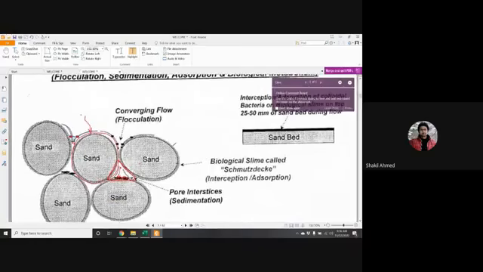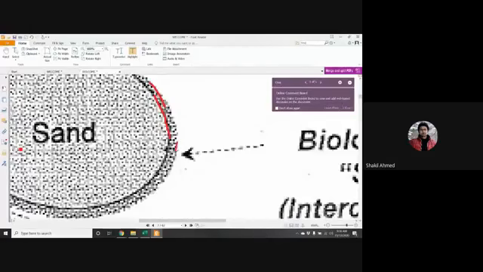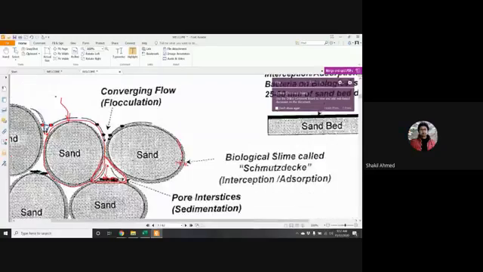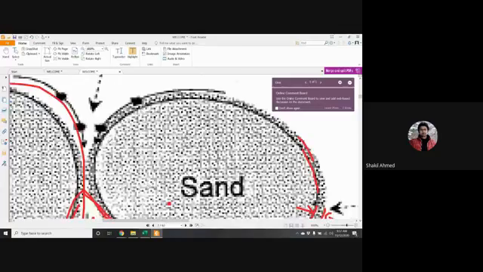Did you see a layer here? A smaller layer here. This layer is a biological slime. This is called biological. Why biological? Because these are bacteria and other biological slime. You don't need to know this name. Just interception. So what happens? Since this is gelatinous,